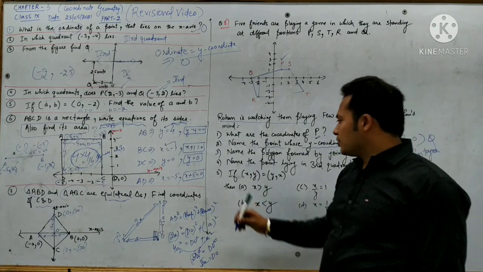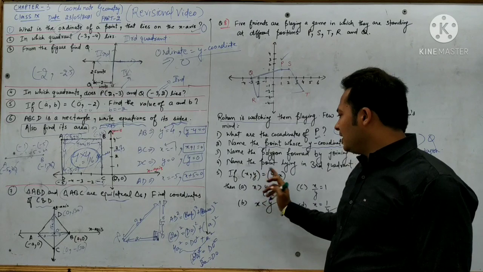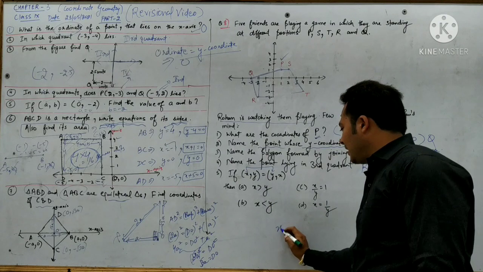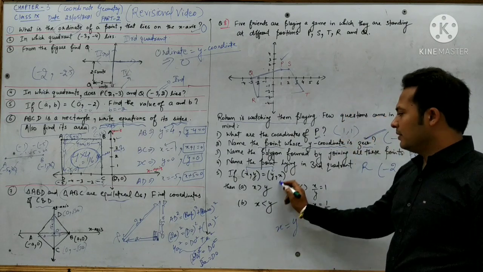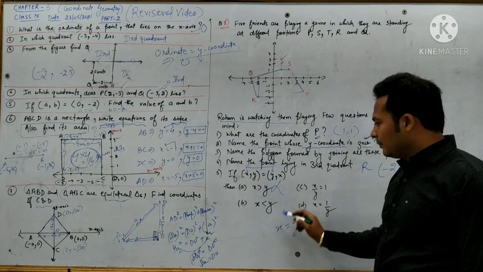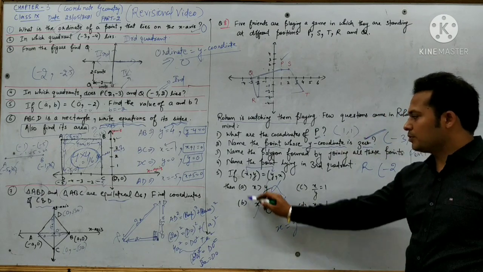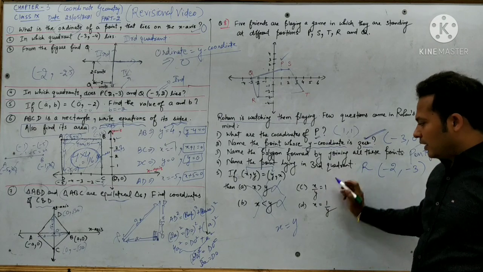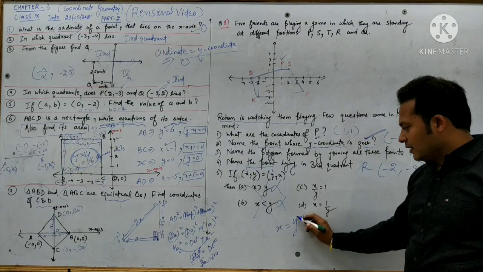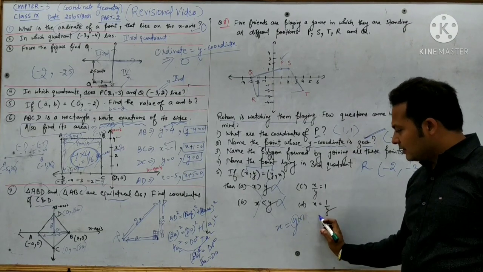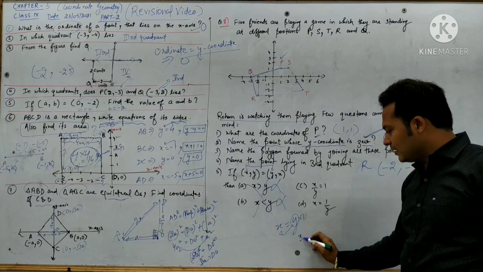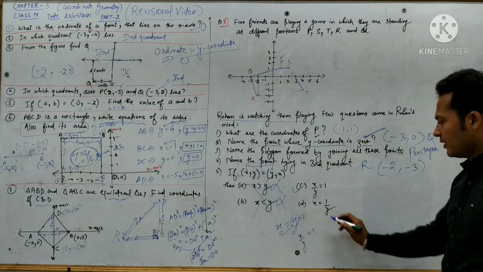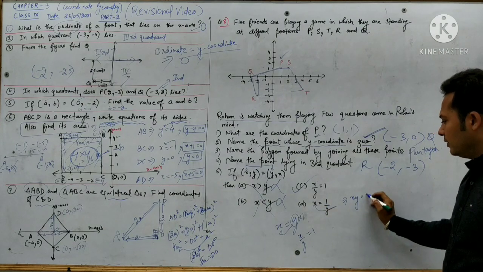Okay. In the fifth question we are asked if x comma y is equal to y comma x. By comparing ordered pairs we will get that x is equal to y. So obviously x can't be greater than y. x can't be less than y. So these two options are cancelled. Now x divided by y is equal to 1. If I would multiply here 1, then y on the RHS is in multiplication. When it comes to LHS it will go on division. So x upon y will be equal to 1. That is our answer. And from this we will calculate xy equals 1.